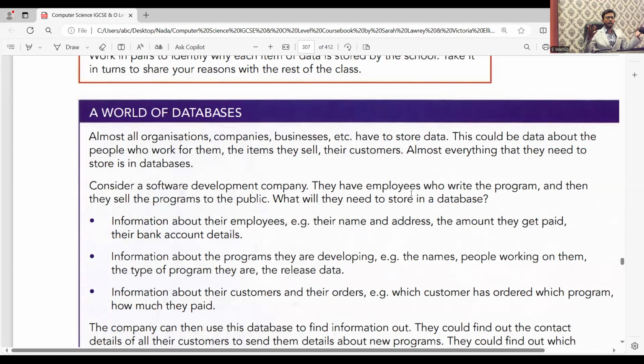For example, if you have a software development company, they may have employees who write the programs, so they will also need a database. What is going to be stored in their database? They can store the information about their employees, like their names, their addresses, or the amounts that are being paid. Or they may want to store information about the programs that they are developing. So the point is that